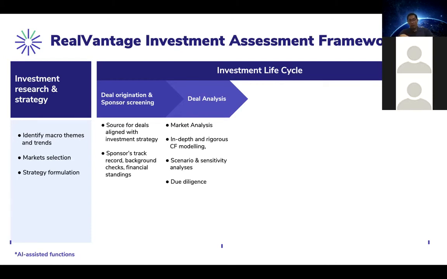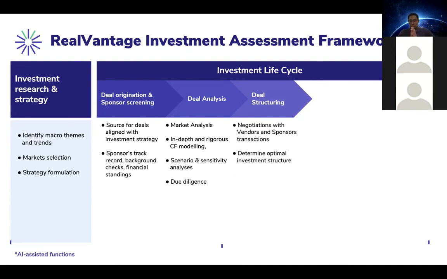Right? Once the investment thesis is established, we dive into the nitty-gritty of what we call the granular details, identifying rental and sales comparables. We run a detailed financial model, we create sensitivity analysis, we test assumptions, and once all these boxes are checked off, we go into formal due diligence. This is another detailed process which I'll talk about in my next slide. So after due diligence is done, we go into something called deal structuring. In deal structuring, very simply, we're trying to find the optimal investment structure. Is it going in through equity or notes?